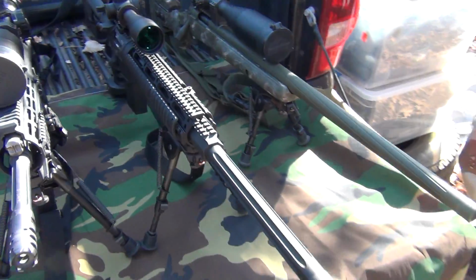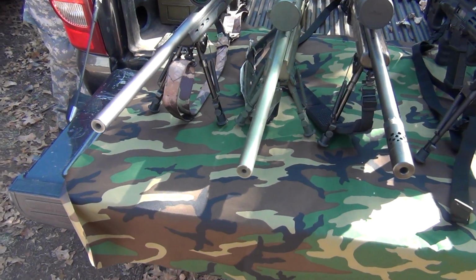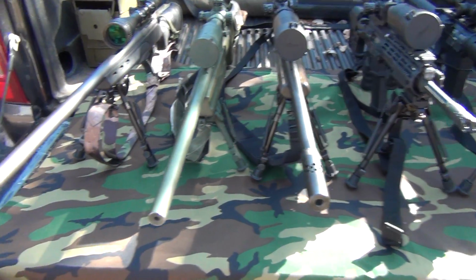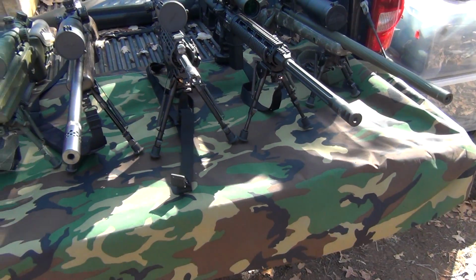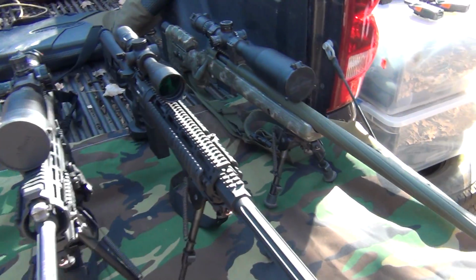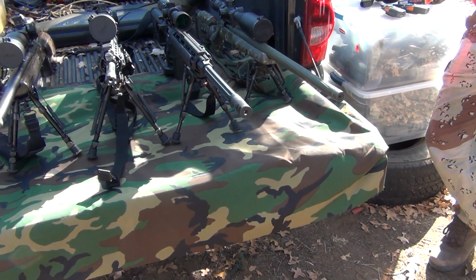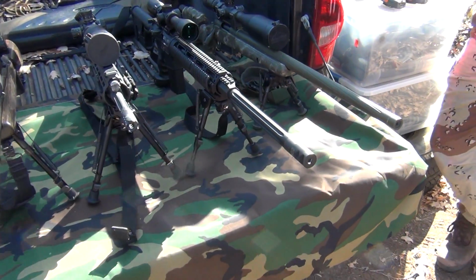Okay, so yeah, obviously we've got a little bit of a variety of different platforms here, ranging from lighter, 1,000-yard capable guns that are on what I would consider the lower end of the spectrum as far as cost goes, but still have a lot of utility, all the way up to a little bit higher priced, but still not bad semi-autos that have a lot of utility, and then the reach out and touch somebody, shooting good groups kind of thing. What kind of energy do you have at 1,000 yards in that? I don't know off the top of my head. Okay. Doesn't matter if you take a headshot, right? Yeah, I mean it's a 6mm, I know, but it's still